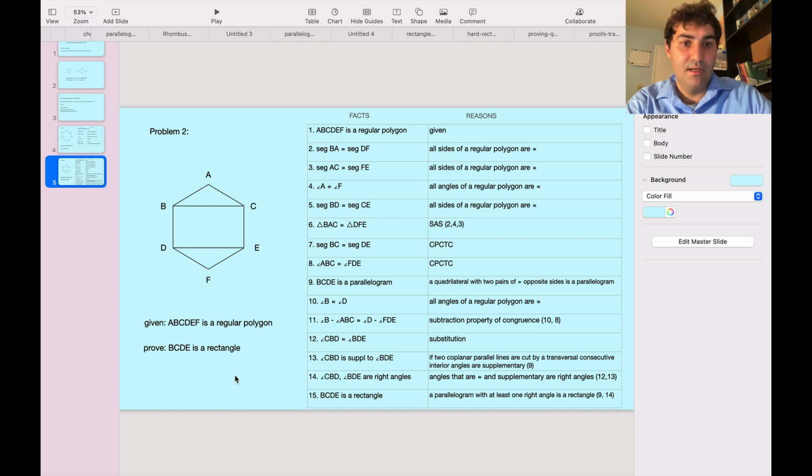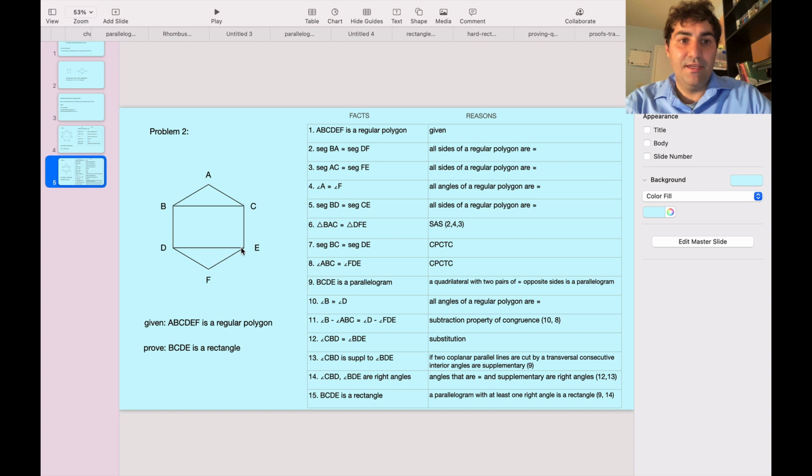So that's the path we're going to take in this problem. So I write down what I know. This fact here. And since it's a regular polygon, we know that segment BA is congruent to segment DF, segment AC is congruent